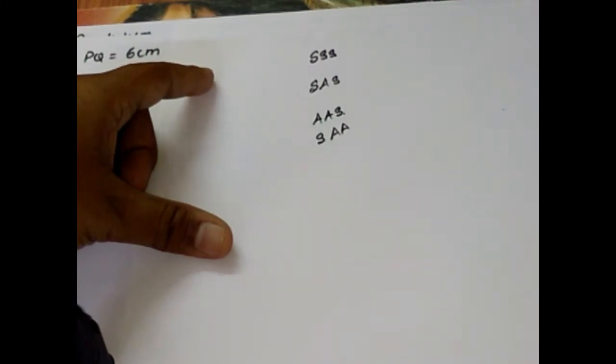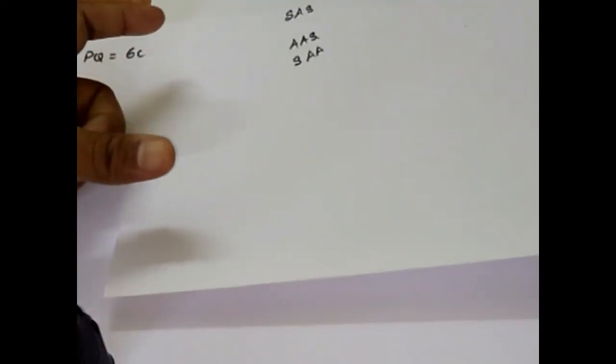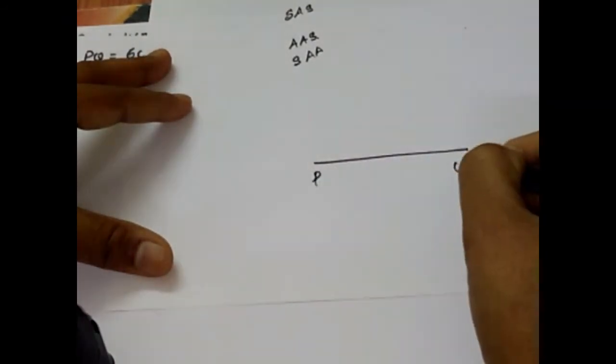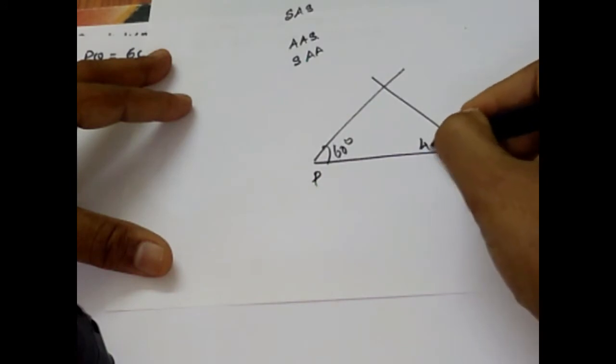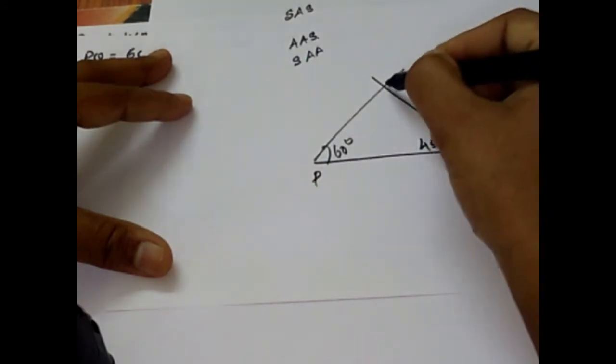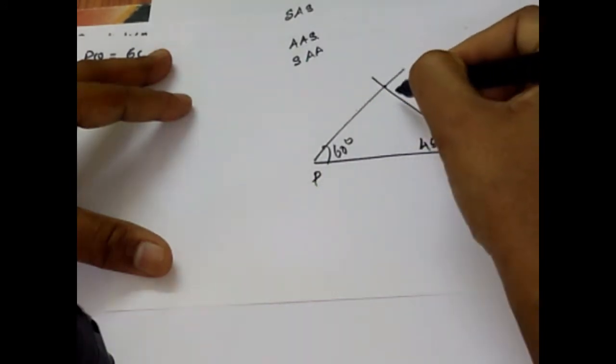Already we have discussed how to construct a triangle by using a compass and scale. So you need to follow the same method and same procedure to construct an angle. First, basically you will have a baseline and the two angles should be constructed at the baseline. If angle P is 60 degree and angle Q is 45 degree as per the given measurement, the intersection point of both the lines will give you the third vertex.